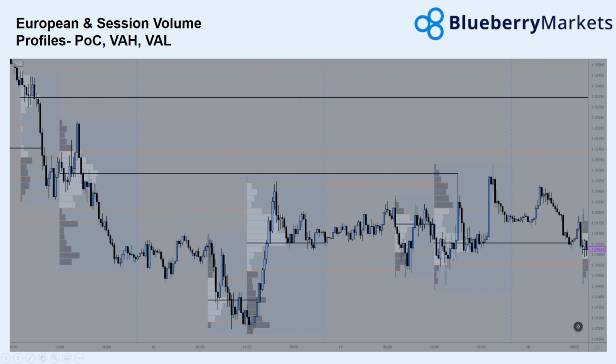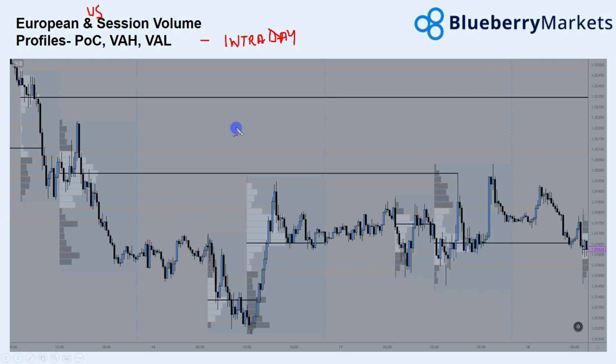Going on to the European session volume, that is meant to actually say European and US session volume. Basically, what I like to look at, and this is definitely for intraday trading, is the levels from the previous sessions, and these can really show you what's going on. So you've got your European session, your US session, and you also have the Asia session as well, but I don't particularly look at that because volumes can be fairly low in those sessions,